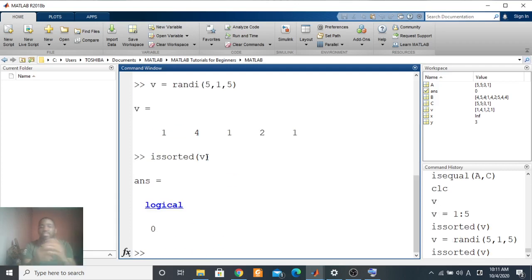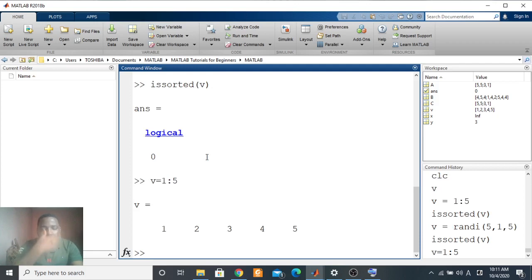Because V is not organized, you can check like that whether it is in ascending order or in descending order. So let me say, for example, V here is 1:5. Good. So issorted V, and I want to know whether it is sorted in descending order.